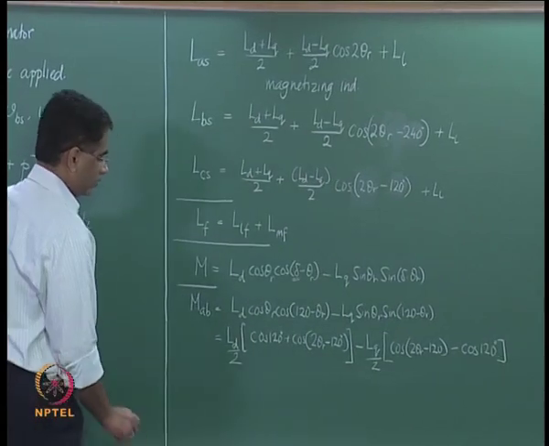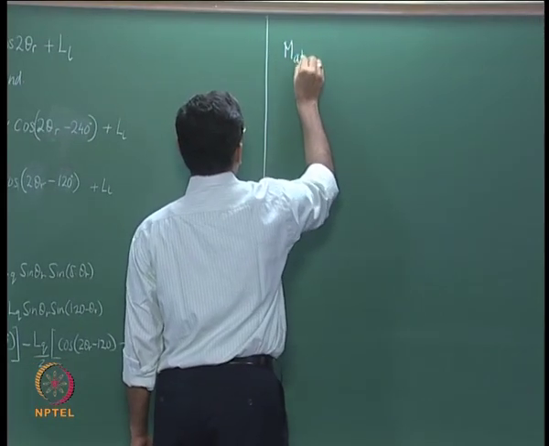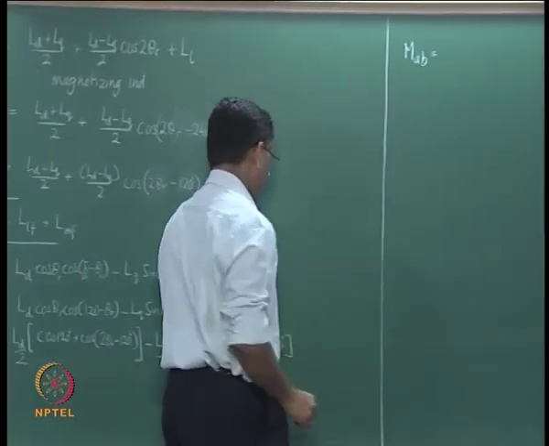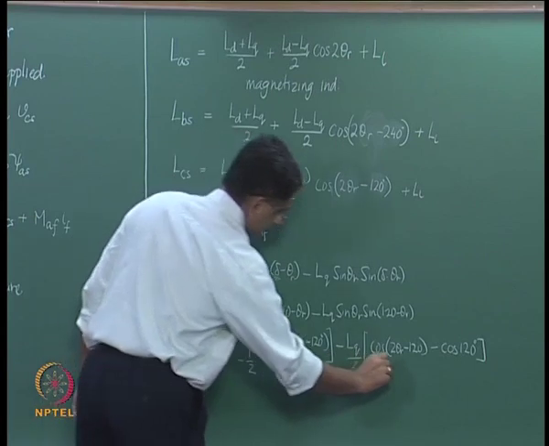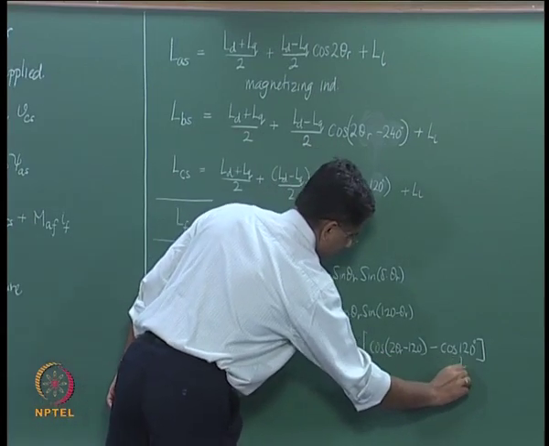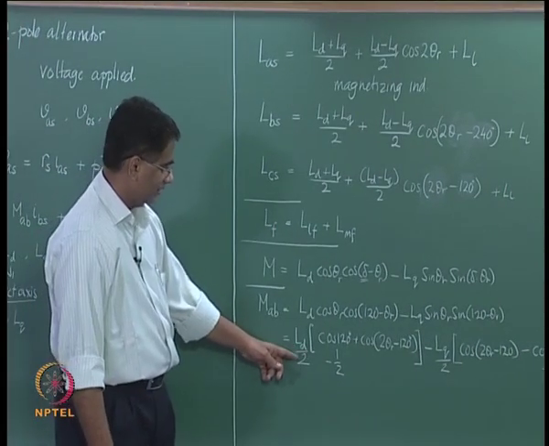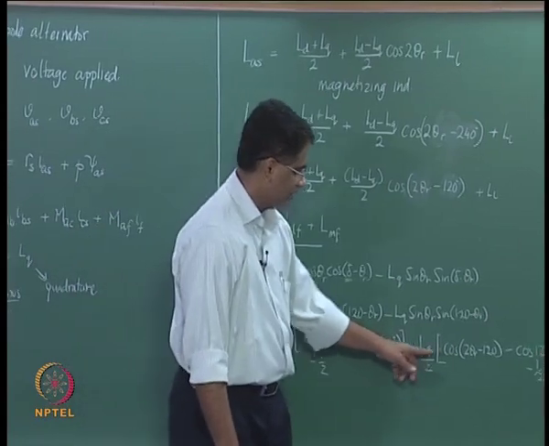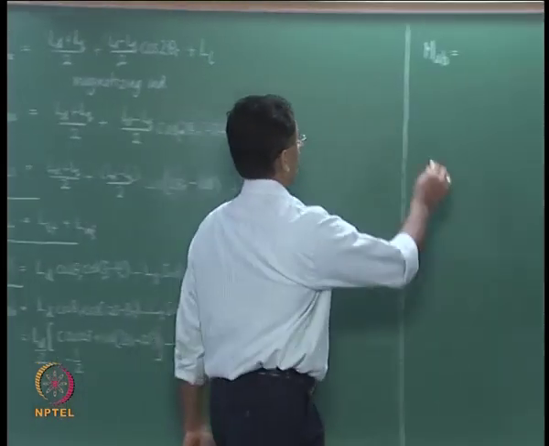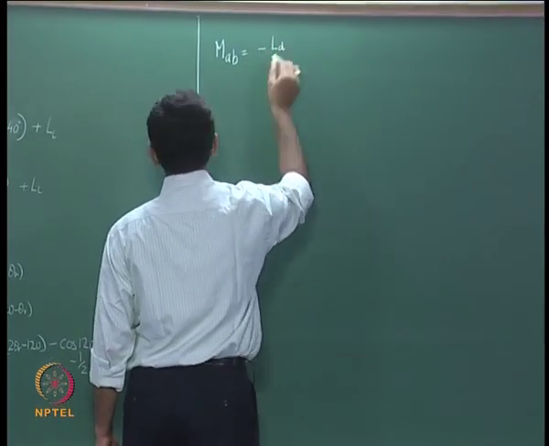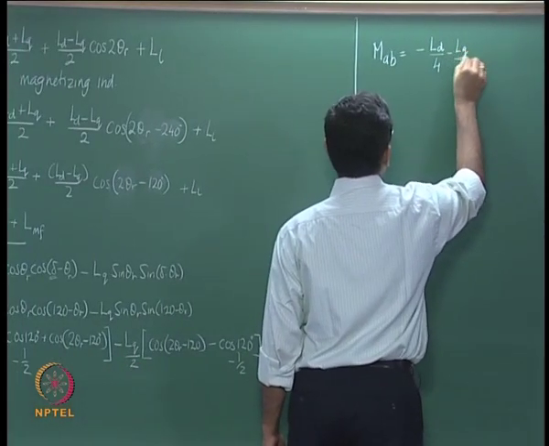So that is what you have, which is nothing but, so MAB, cos of 120 degrees, cos of 120 degrees is minus half. So you have minus half here. So that simply gives us minus LD by 2 minus LQ by 2. This minus and this minus goes away, but you still have this minus here. So you have minus LD by 4 minus LQ by 4,